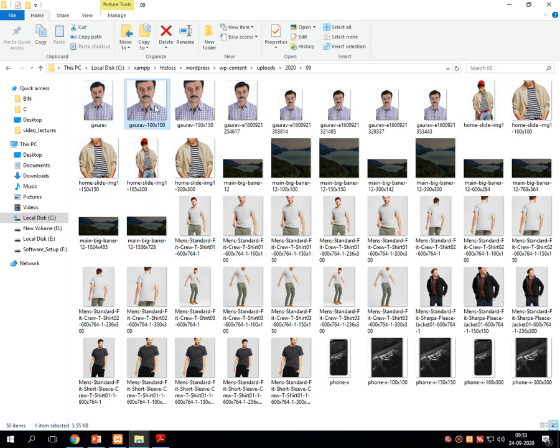I worked on my image for 100 by 100, 100 by 50. I have not changed anything. Then I have generated the thumbnail for other sizes. So in this way, Regenerate Thumbnails works. Even I have gone for 674 by 607 for this image. Even I have changed something for this also. So all these things will be displayed over here. So in this way, Regenerate Thumbnails works.